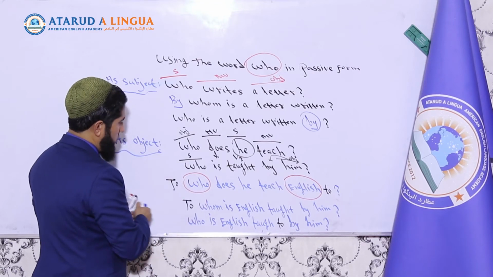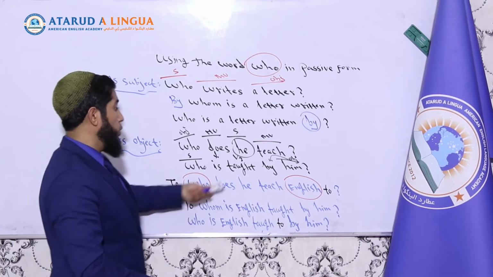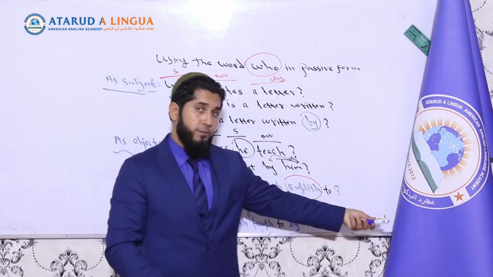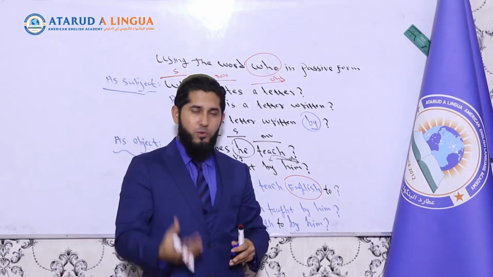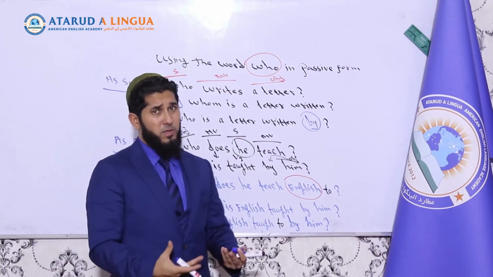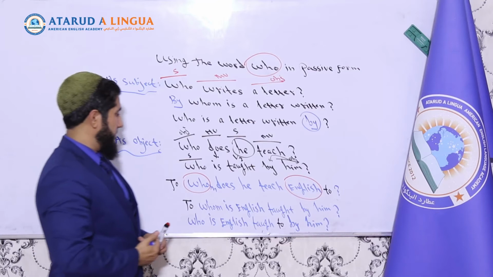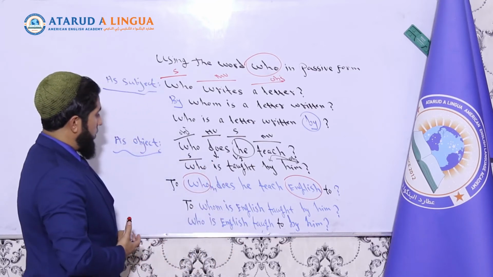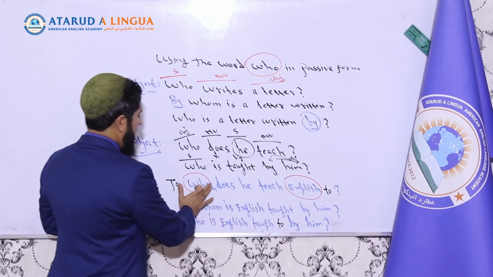and we change who to whom, it will be more formal to say it this way: to whom does he teach English? But who does he teach English to is also very common. Spoken English is not very formal, but it's very common in spoken English to use a preposition at the end of these kinds of sentences. So, to whom does he teach English, or who does he teach English to? Okay, now,